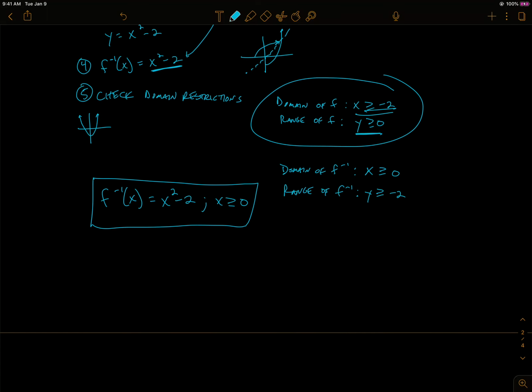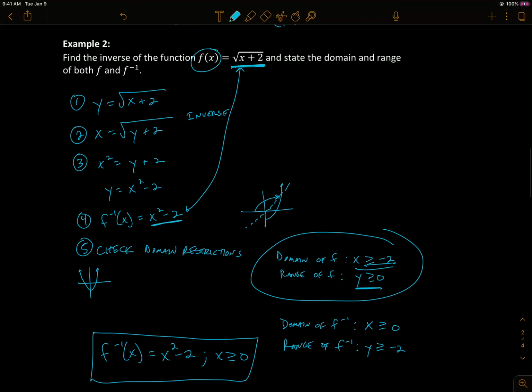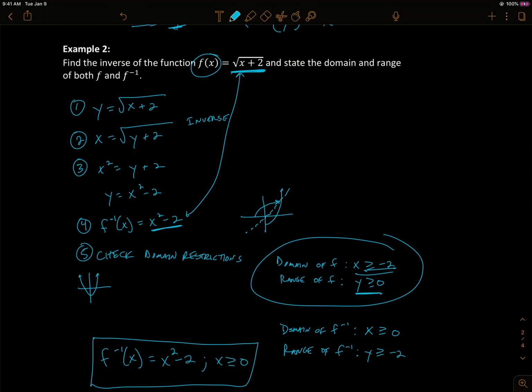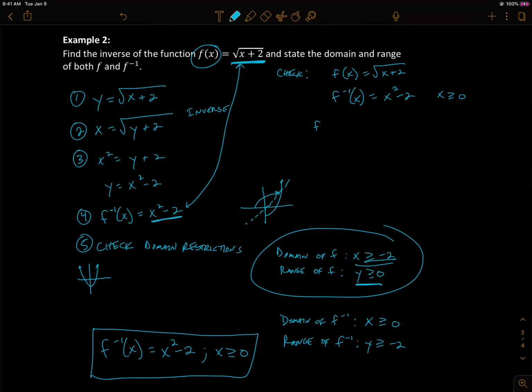Also, if we want to verify that we did find the correct inverse, we can do that. So I'm going to write that up here. Here's how we could check, because I'll ask you to do this in the practice. If f of x is the square root of x plus 2, and f inverse of x is x squared minus 2 for all x bigger than or equal to 0,